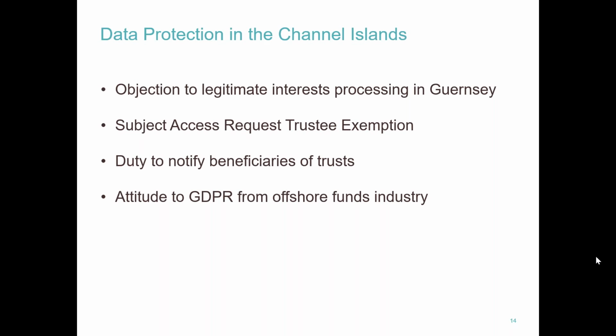Another one that's particularly relevant for this part of the world, because we have a large trust industry, is an exemption within both Guernsey and Jersey, which is in our current legislation by way of regulation, an exemption for trustees to refuse to provide certain information to beneficiaries where there is a subject access request. Now, the basis of this exemption actually stems from our own trust law, which essentially says a beneficiary is not entitled to information about a trustee's decision-making process. And so this is a really big area.